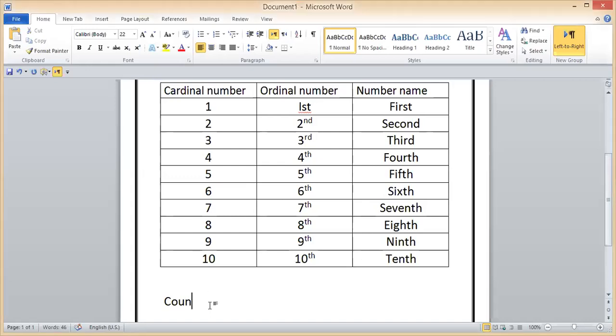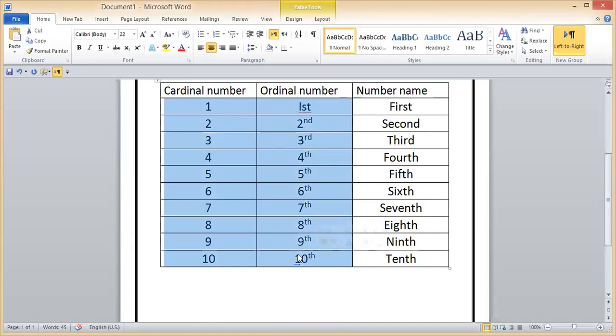Finish it fast, guys. We will practice cardinal numbers and ordinal numbers tomorrow also, and inshallah tomorrow we will do the exercise or practice zone from the book. What you should do at home, guys, is learn the cardinal numbers and ordinal numbers. For 1 you use first, for 2 you use second, for 3 you use third, up to 10. You have to remember this. Then later on you will learn the number names of it. Clear, guys?